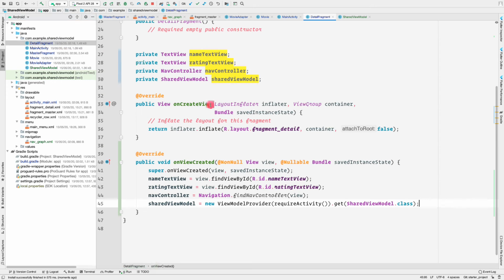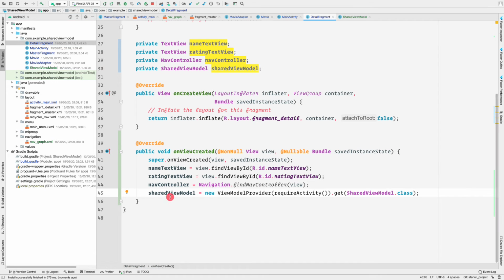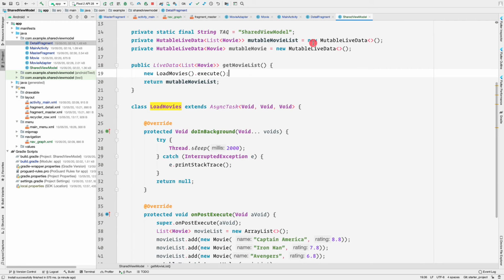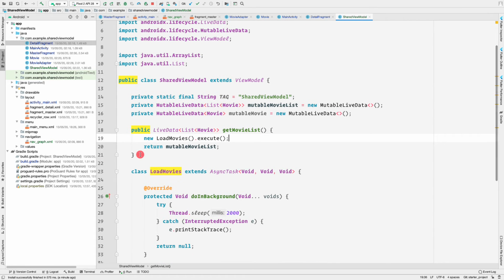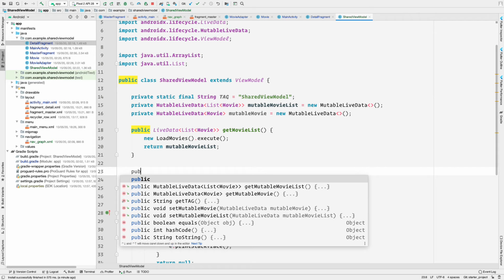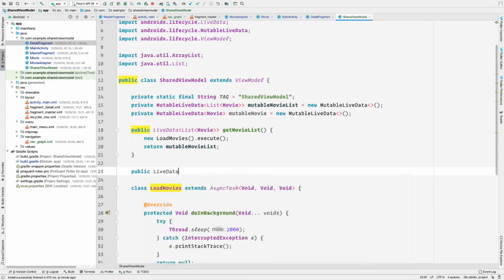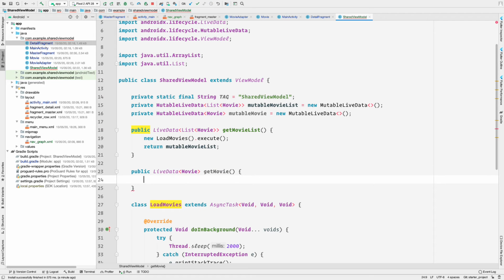So let's go to the detail fragment here. And now to observe the movie inside the detail fragment, I'll go to my shared view model, and here I'll create another method, that is public LiveData, and this would return a movie object, and this should be getMovie like this, and it should return this mutable movie that we have initialized here as a MutableLiveData.